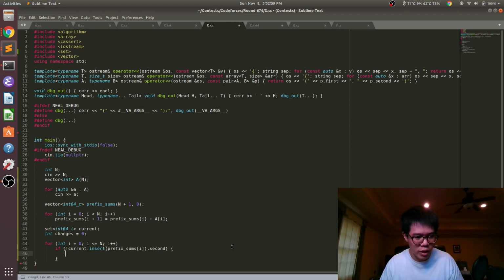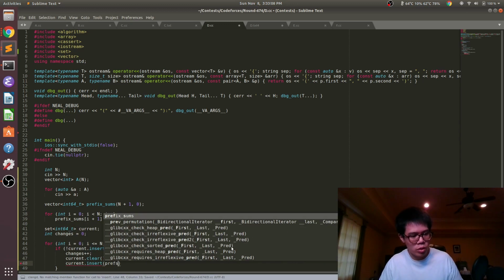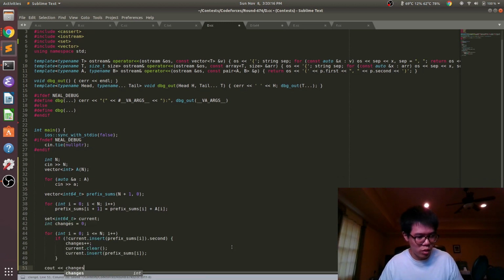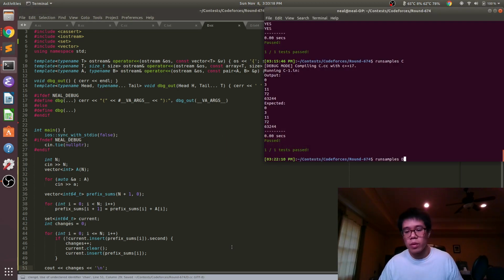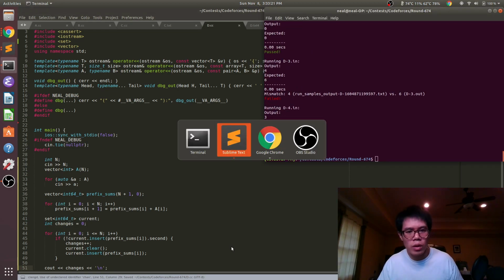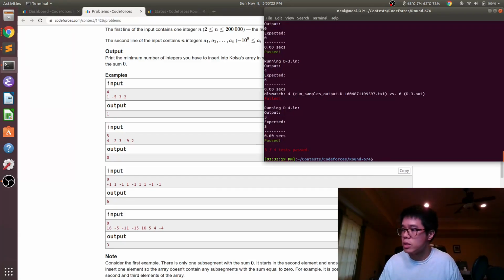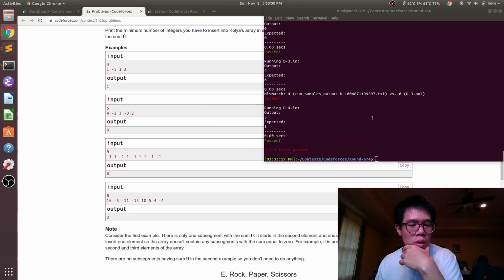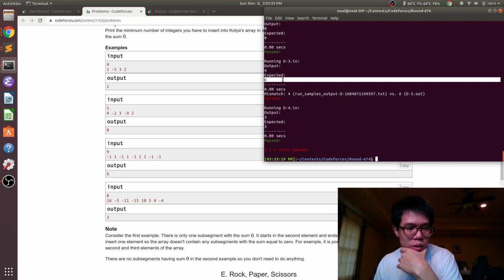And so if it's already in the set, then we need to make a change here, and we're going to clear the set, but we need to remember that we do need to insert this sum again. Yeah, so I think we should be good with this. Oh, it looks like we have an issue. Let me see. Okay, so I'll put it 4, accepted is 6.